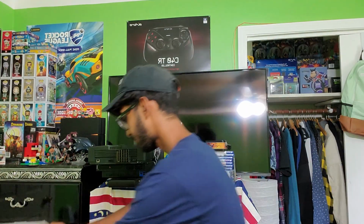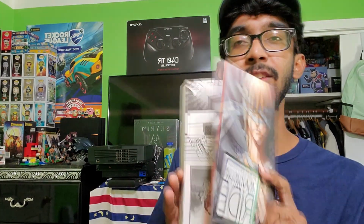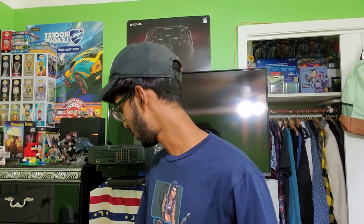Crazy find. So next up, I found a single manga this time around. Maximum Ride, never heard of it. It's more of like an American manga, really. Not too into American mangas, but whatever. It is what it is. So that does it for the